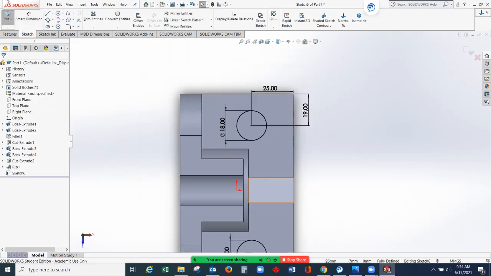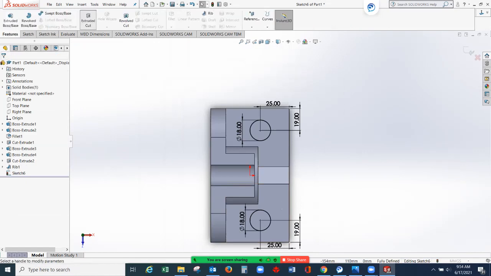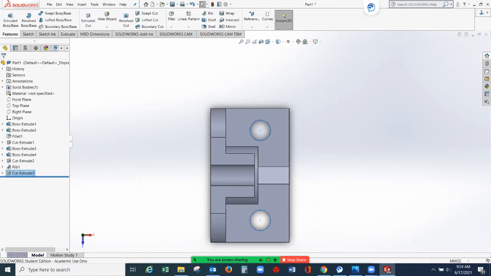Select this green check mark, and then you can do extruded cut. Through all. Select this green check mark, and that's it.